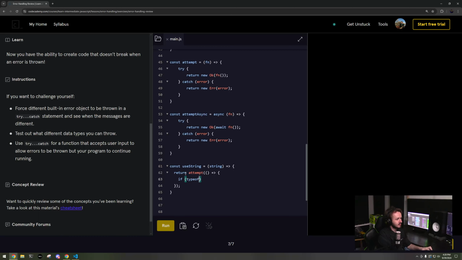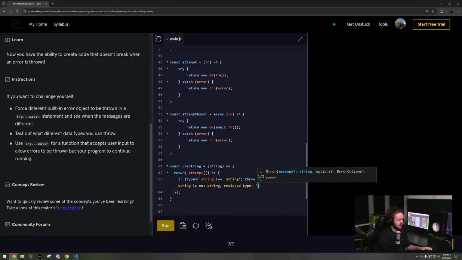And if typeof string is not equal to string, throw new Error, typeof string is not string, received type, and it's good to actually pass that in, typeof string, so that like at runtime you have good logical errors. Okay, and then I don't know, return, actually I'll just